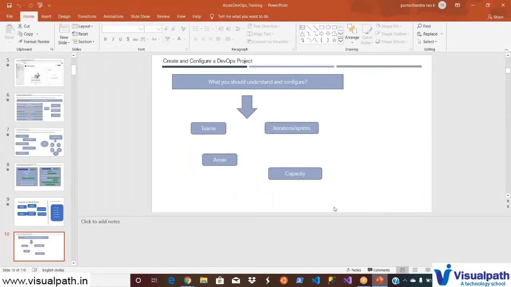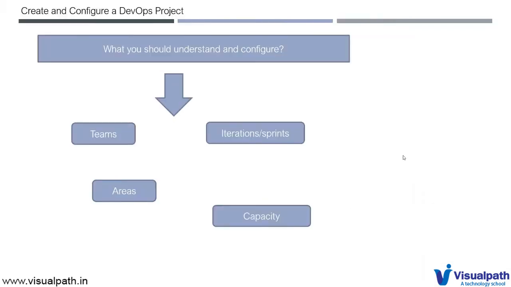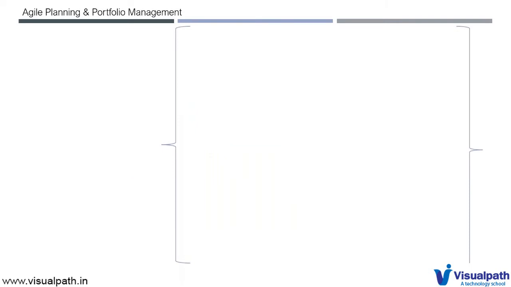Okay. So we just created an Azure DevOps project, and we saw many project settings, right? We saw team configuration, that's nothing but your teams, and then iterations or sprints, which you come across in your Scrum-based project management. And then areas, there is something called areas, and capacity is all about how you maintain the capacity of your team, like how many hours are available for your application development for a sprint. So we will be doing all these things as part of our planning phase, which is in Azure boards.